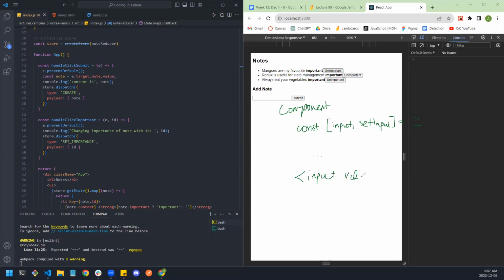Remember, you would do something like this. You would say value equals input, right? This is controlled because the value that is in this input is coming from the state. And so if I have some onChange handler,